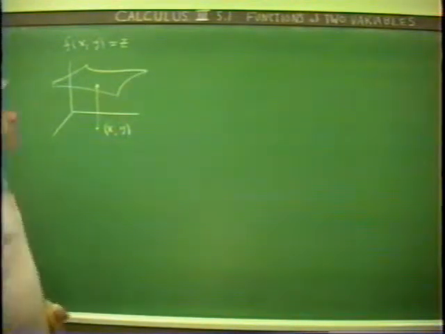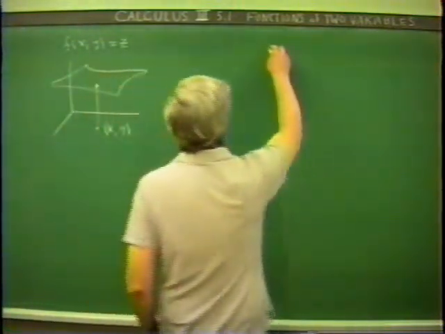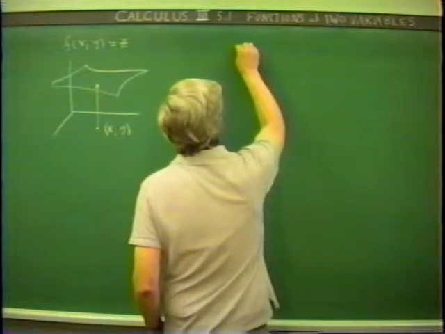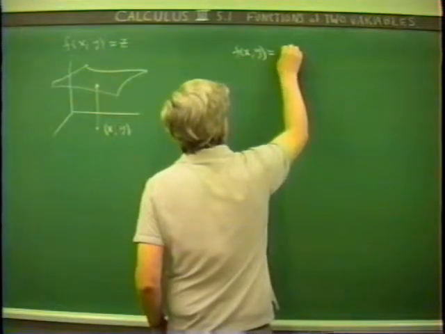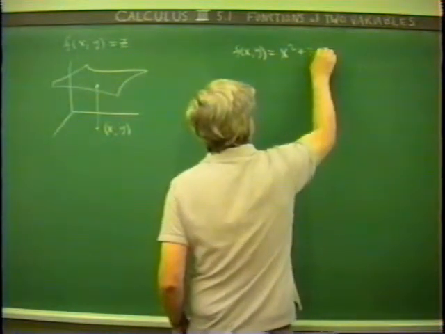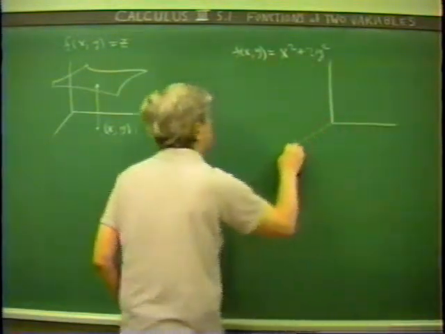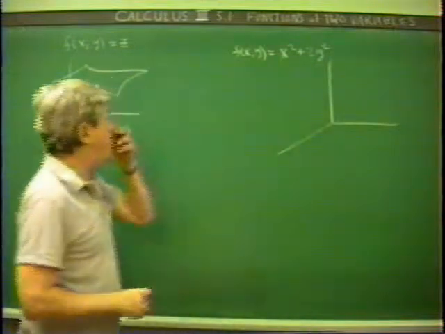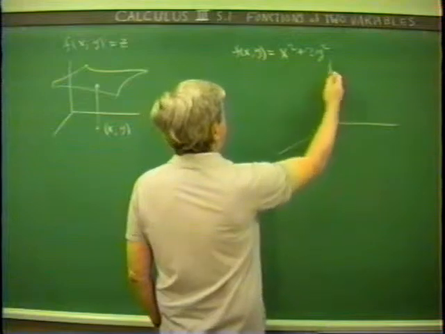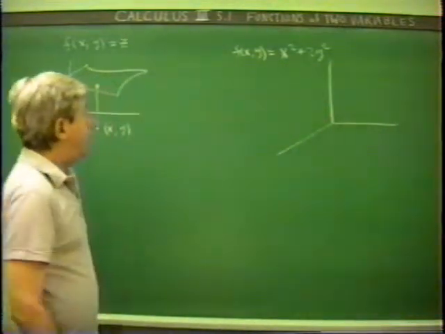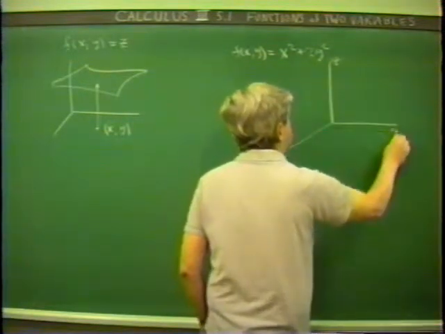We've looked at some examples of these by looking at quadratic surfaces. In particular, for example, if we consider f of x and y equals, say, x squared plus 2y squared. The graph of this for each number x and y is going to correspond to a point f of x and y. And if we look at the traces in the xz and the yz plane,